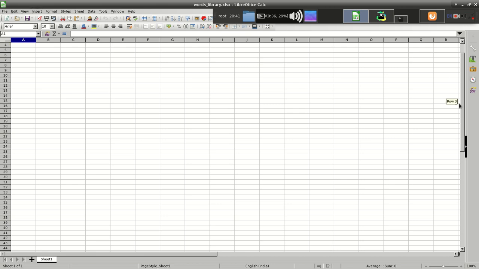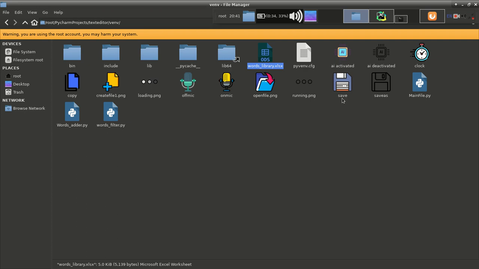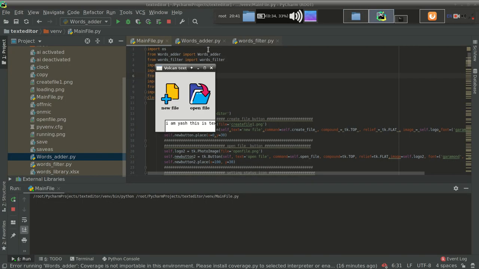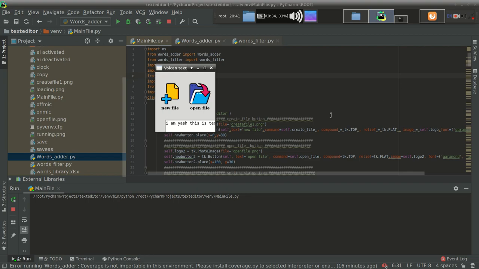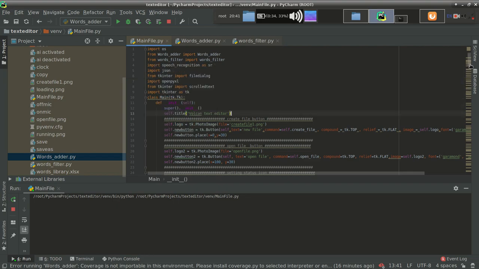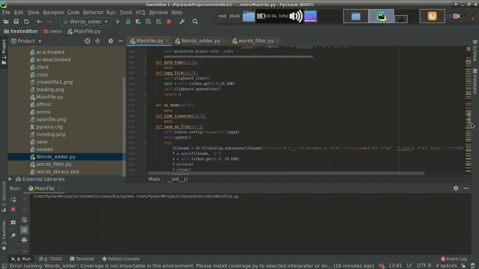No, actually data hasn't been added. Let's see where we are lagging. Words library.xlsx, yeah, the file name is fine. I think there is a bug regarding that. Let's verify OpenPyXL first.